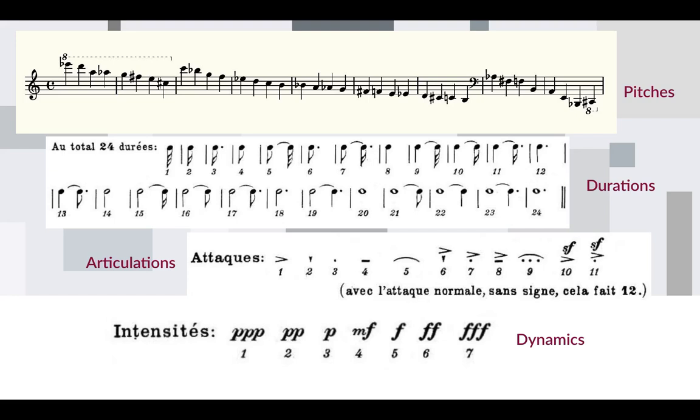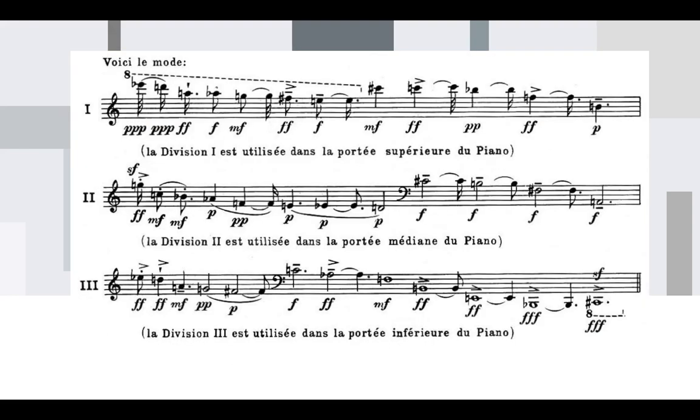24 durations constitute the rhythmic material of the composition, with each mode featuring its own rhythmic structure. 12 attacks define how the notes are articulated or played throughout the piece, and 7 dynamic marks specify the loudness levels for each note, ranging from very soft or pianissimo to very loud fortissimo. Messiaen's approach is systematic. From the above-mentioned set of parameters, he creates the three modes, which ultimately are utilized to